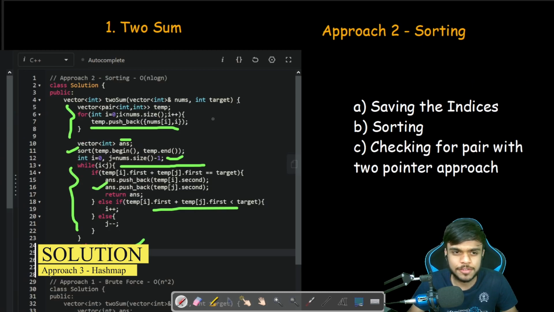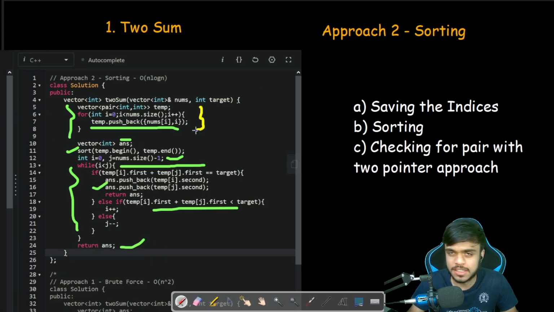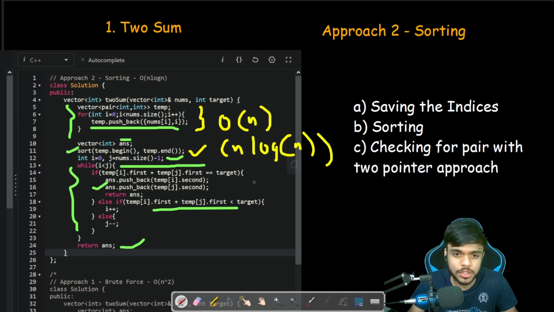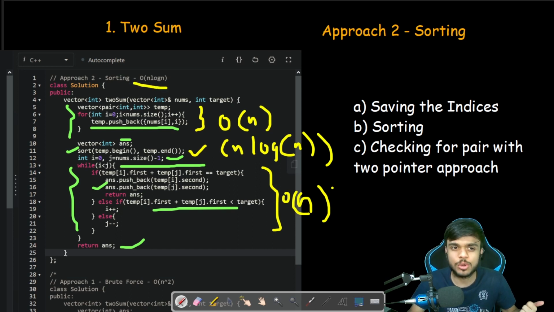Now the second approach that we saw: the only time consuming task in our previous approach was sorting. If you see, this is just a traversal of the array, so this would be O of n. After that there was the sorting, which would be n log n, because it requires on average n log n time. And the rest we were just traversing the array, so it would also be O of n. So the most time consuming task was n log n, which was sorting. So we need to optimize that too if we wanted some better results.